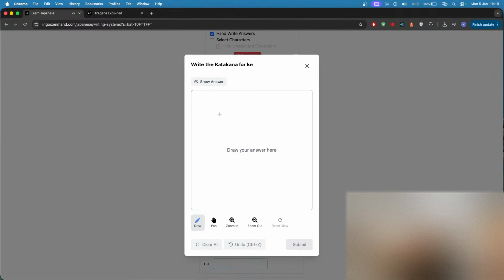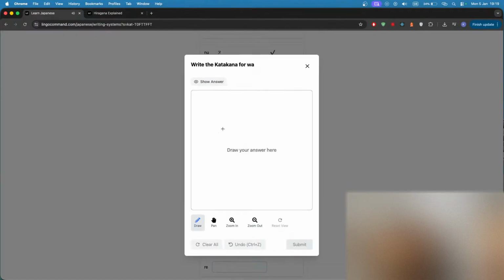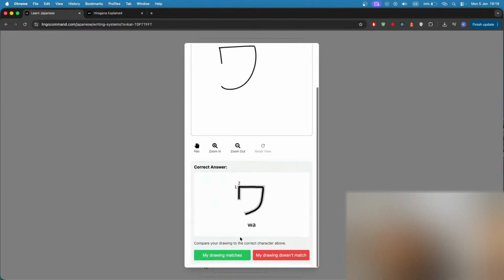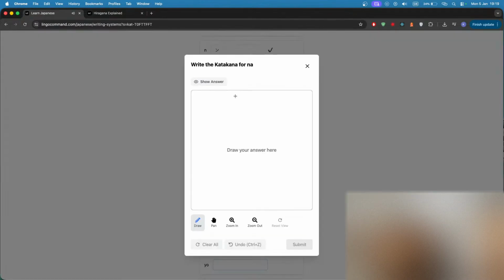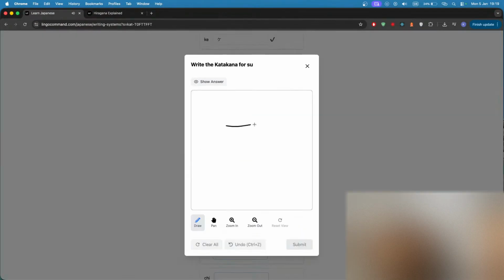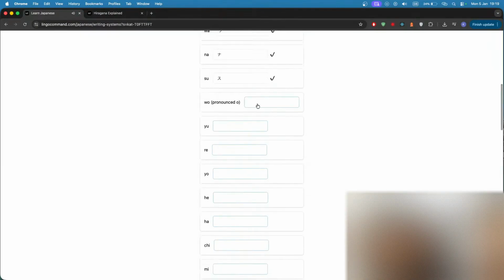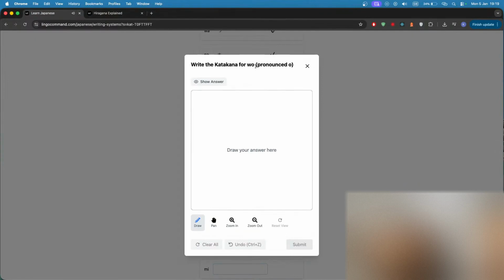Ke extends to the right compared to ku. It looks like that. And then va is the same as u without this little mark at the top. And then na, what is na? So na is this. Su looks like this. And then o, vo, but it's pronounced o. So,